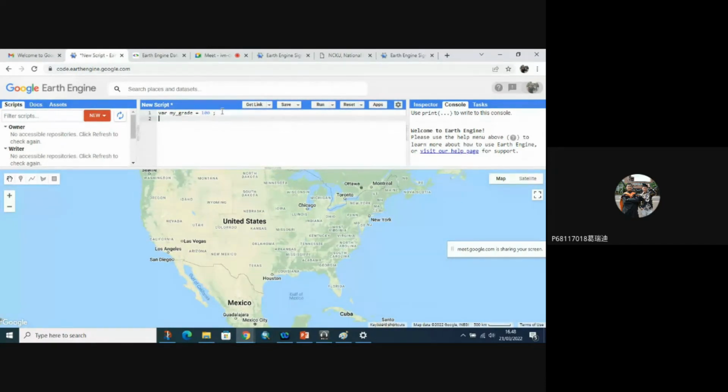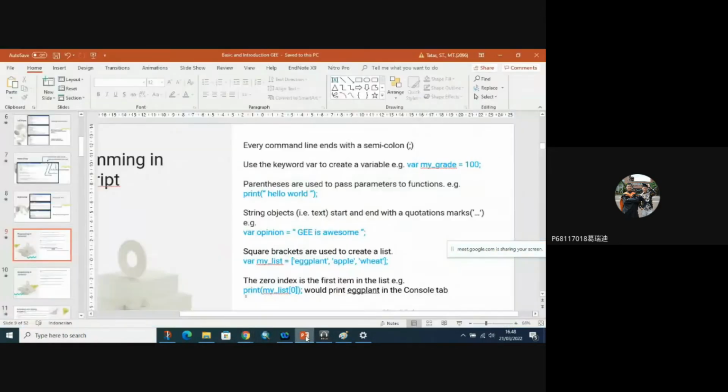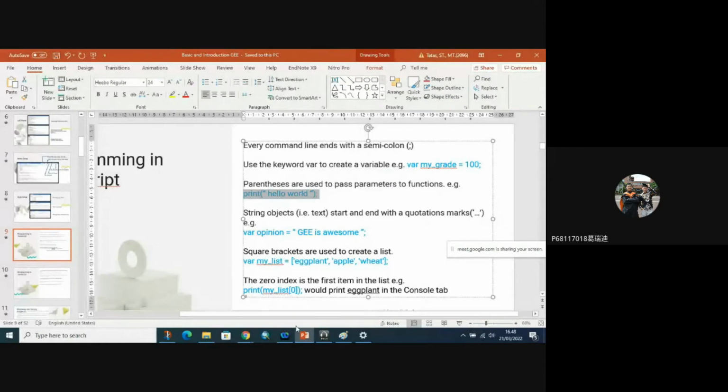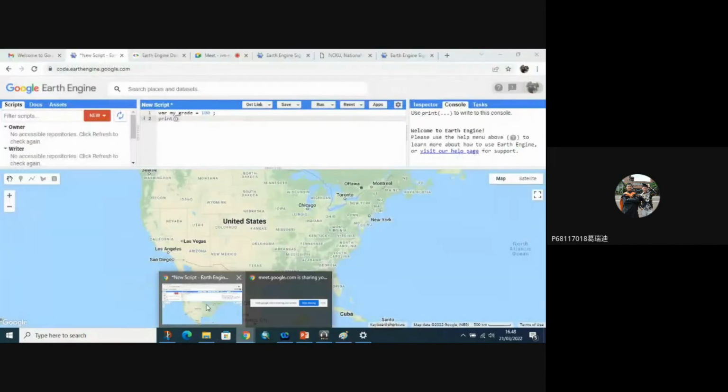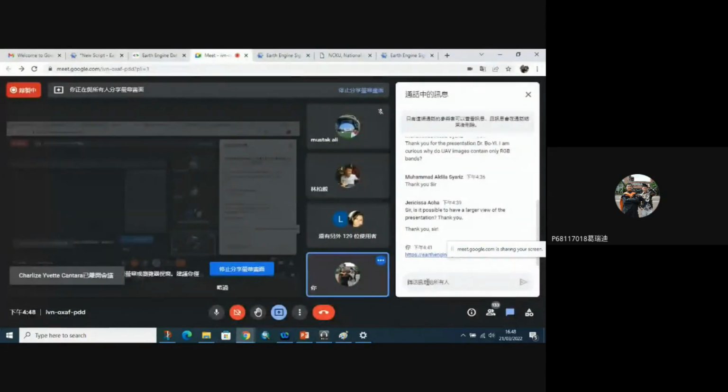And then use parentheses to pass the parameter to the functions: print hello world, and end with a semicolon.